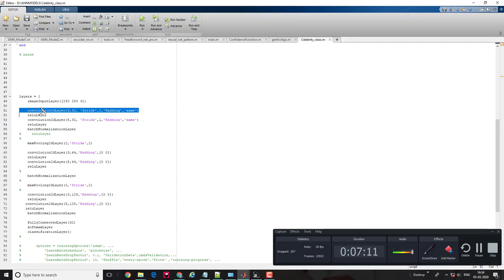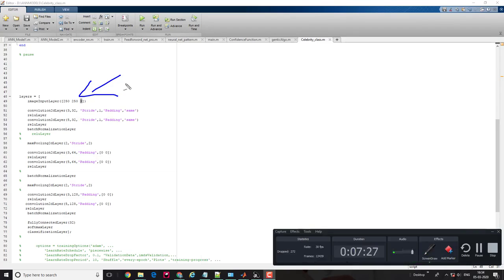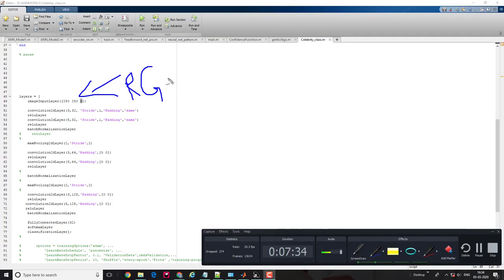So guys, now how the convolutional neural network actually works. You need to give the shape of the image. Each image of every folder has a size of 250 by 250 pixels, and the images are RGB, so I put 3 here. Let me explain more clearly. The 3 represents the R, G, B bands. If you change the data store and you have grayscale images, instead of 3 you can put 1 there. Once you have the input layer, this will help to feed the neural network.